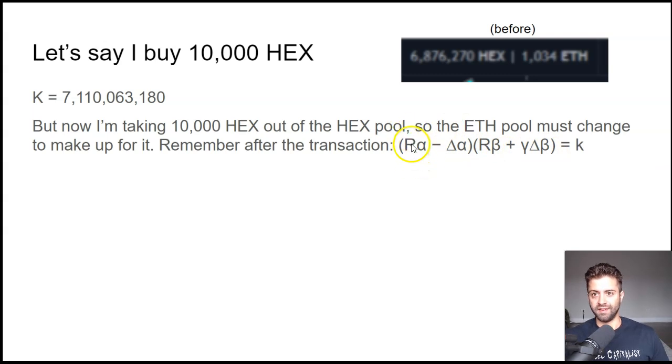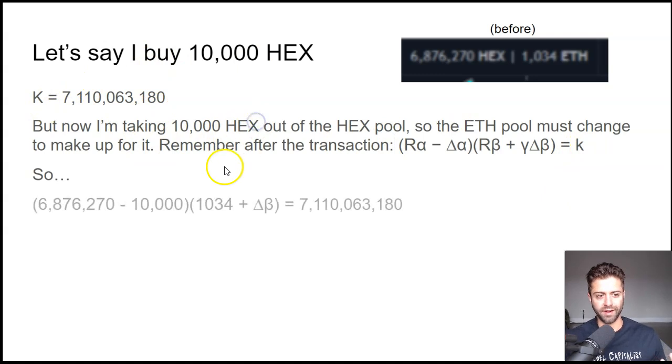And this basically means the quantity of Hex minus the 10,000 Hex, times the quantity of ETH plus the ETH that I'm paying. And that still has to remain constant, meaning equal to that K, 7 trillion number. So we're just going to do a little bit of algebra and we find out that, if I want to take out delta A, if I want to take out 10,000 hex, I have to do